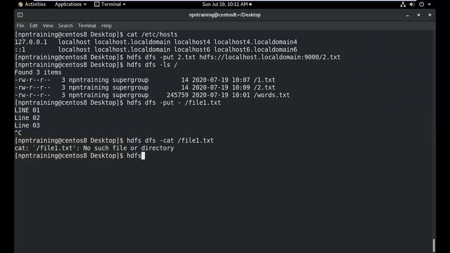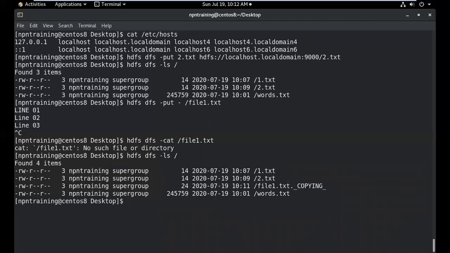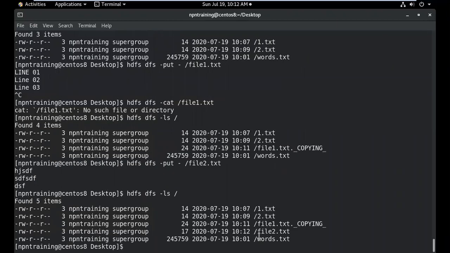Oh, one second, let me see whether the file was created. hdfs dfs -ls /. Once again, I think it says it was not created successfully. Let me execute this again. Let me execute it now for file2. I did not terminate it, I guess. So let me enter some information, and then I'll press Control D. hdfs dfs -ls. One second, let me verify. What is the file name I gave now?